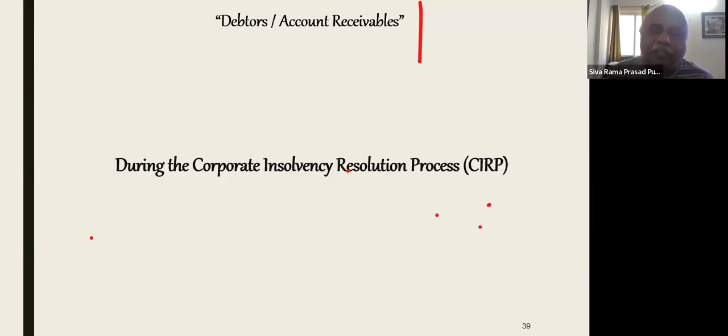Had I been appointed as an IRP, first I will take the last three years' balance sheet and profit and loss account, latest. First, after the systems issue is over, I will go to the systems room and ask the systems administrator, tell me how many people are accessing the system. What is their user ID and password? First you disable. Then one by one we will allow based on the requirement.